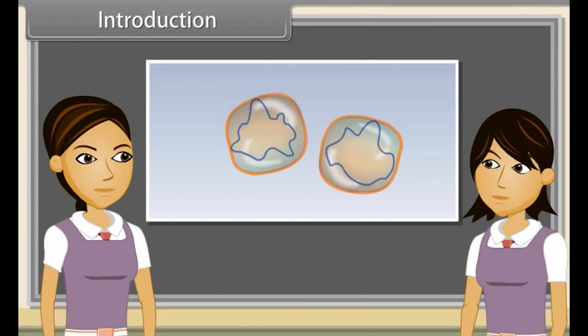Objectives. At the end of this lesson, you'll be able to define sexual reproduction, understand the sexual reproduction in flowering plants, understand structure of flower, identify structure and types of seeds, understand structure of unisexual flower, identify structure of bisexual flower, understand structure of neuter flower, identify monoecious and dioecious plants, understand functions of flower, identify structure and types of inflorescence, understand process of pollination and its types, understand process of